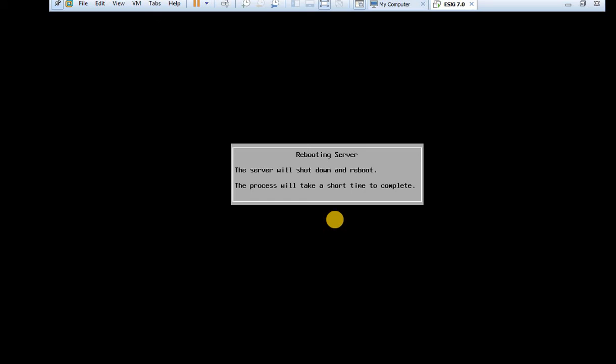The total process will be completed, after which the VM will restart automatically.